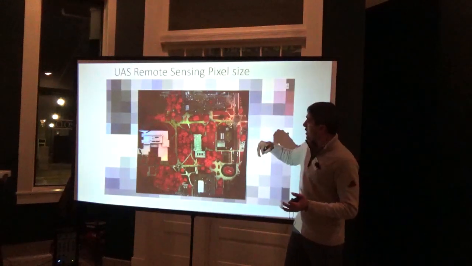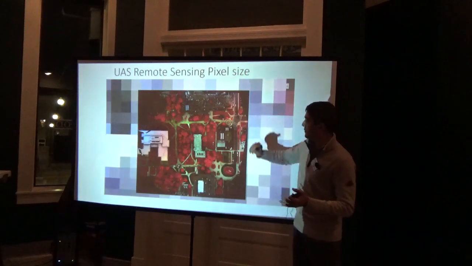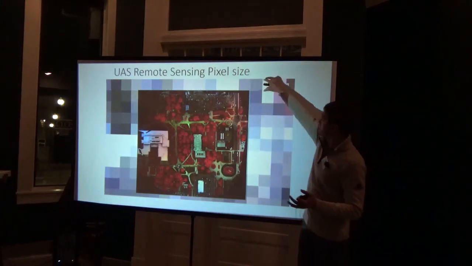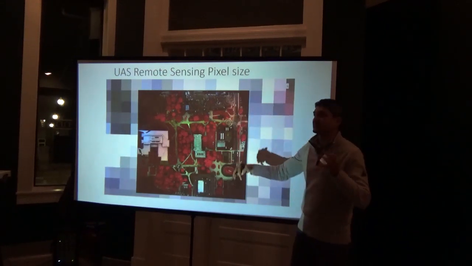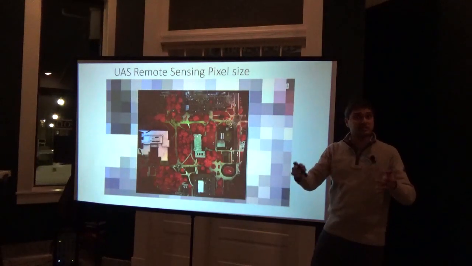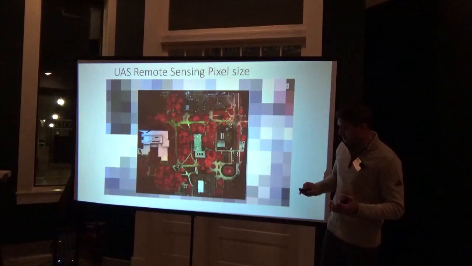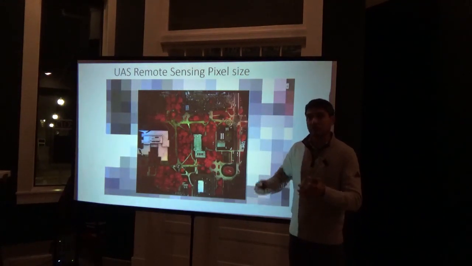We have hundreds and thousands of pixels, and this is the UW-La Crosse campus. We can see each and every tree. So here the pixel size is 30 by 30 meter. Here the pixel size is 10 by 10 centimeter, right? So with the drone, we get a lot of detail. That's the advantage. And if you're wondering why it is red, this is an infrared camera where the green